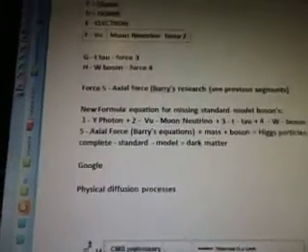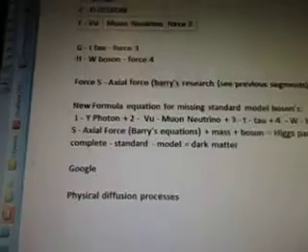So the new formula equation for missing standard model bosons is 1, the photon, plus 2, the muon neutrino, plus 3, theta, plus 4, W boson, plus 5, axial force, Barry's equations, plus mass plus the boson equals Higgs particles plus complete standard model equals dark matter. So when I Google physical diffusion processes,